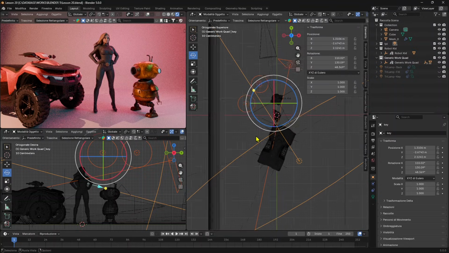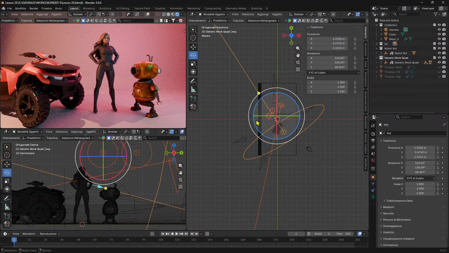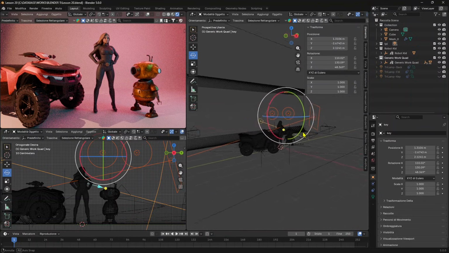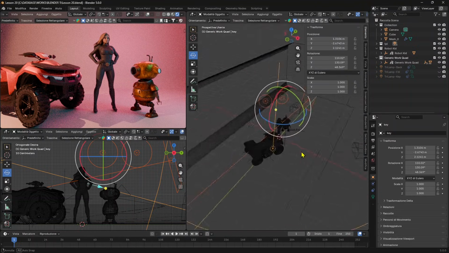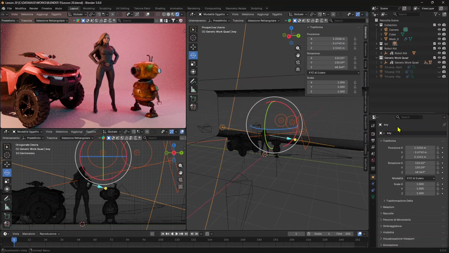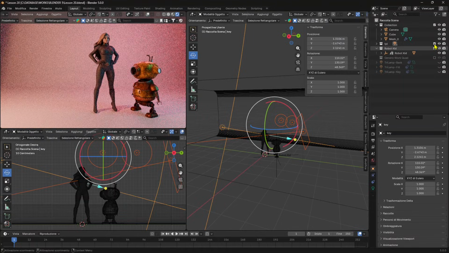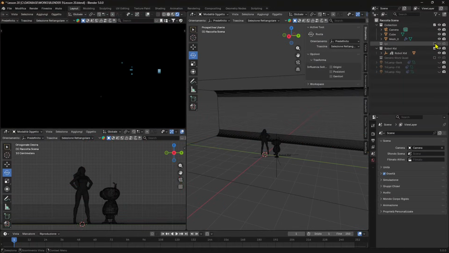In the previous lesson, we worked with the lights in Blender. We saw what type of lights we have at our disposal and how we can create a three-point light system using different techniques and also using an add-on. So if I turn everything off right here, just the lights actually, everything will be pretty dark except for